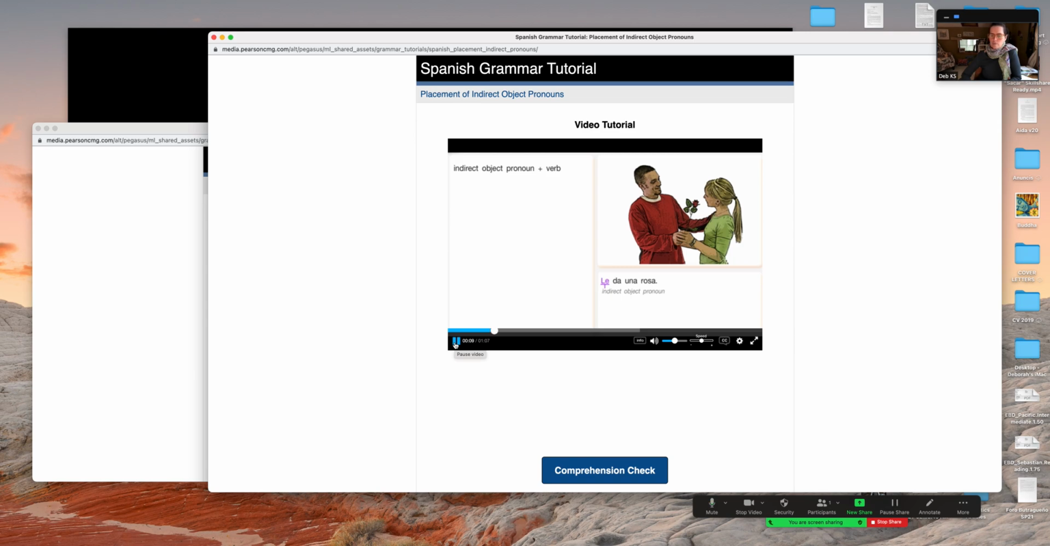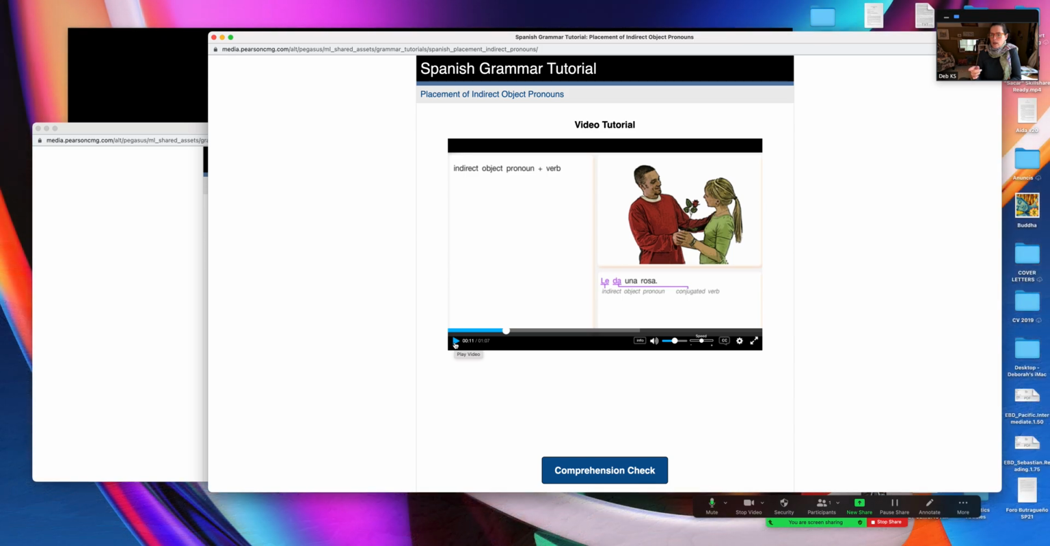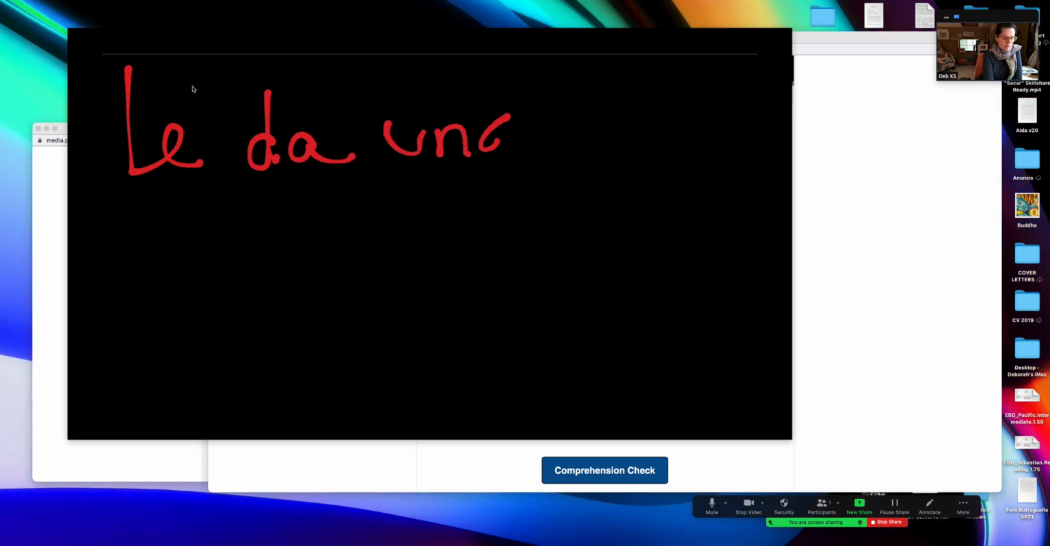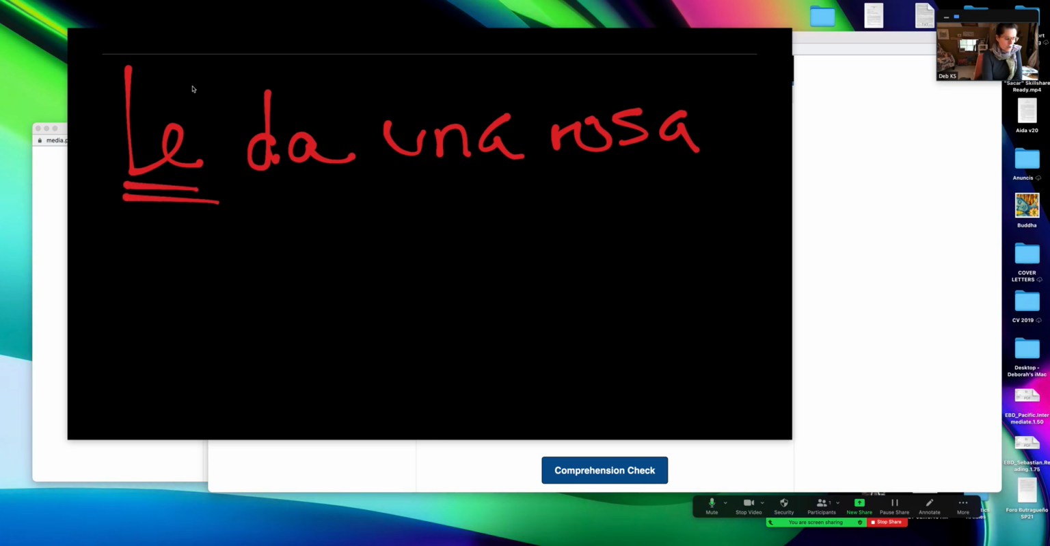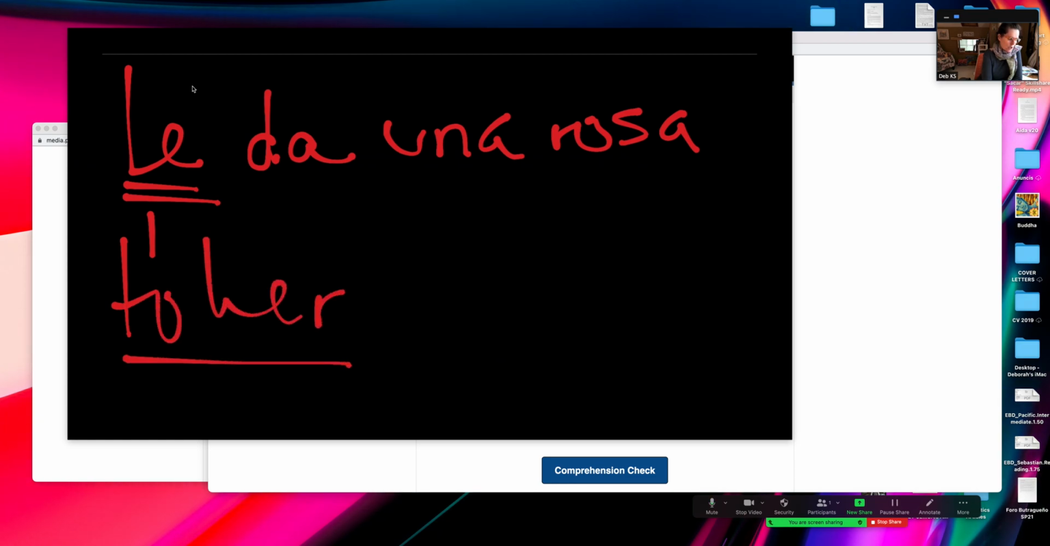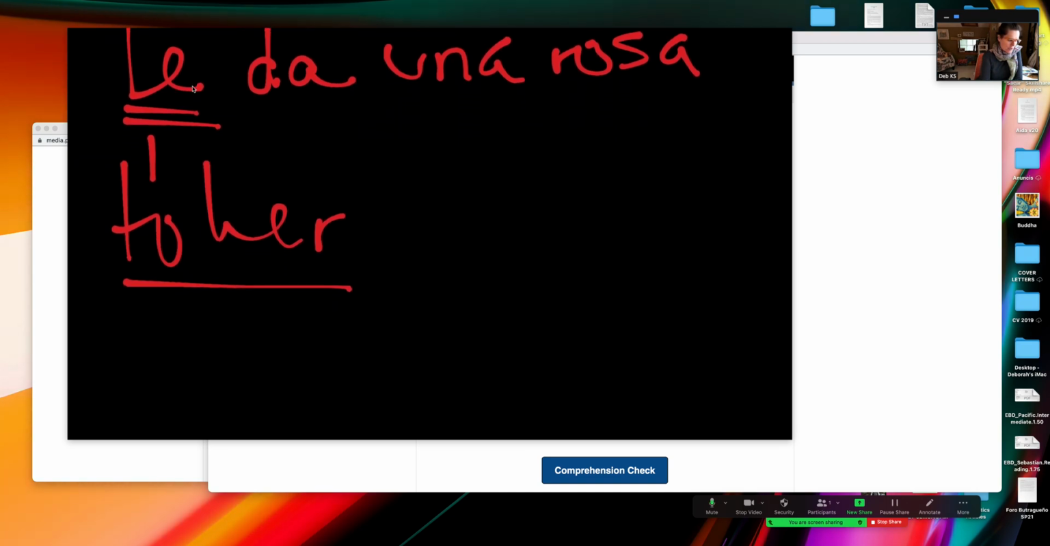That's what we said before. Okay, so this would be le da una rosa. Okay, so he gives her a rosa. So in this case, for example, if you were to put it on the board again, it would be le da una rosa. Okay, so this is to her. Okay, this is what the le. So in bad English, you could say that here we're saying,